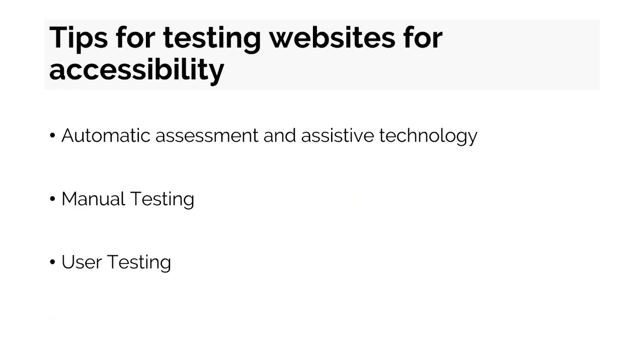These are some of the tips that are provided by WCAG for testing your website. We can do automatic testing, manual testing, and user testing. We can do automatic testing by using some assistive technology like screen readers, or there are some tools provided to flag any issues that may not have been resolved. And user testing, if possible, we can ask people with disabilities to test our new or refreshed website before we launch. And manual testing is we can do it ourselves. I'm going to cover in more detail in the next slides.